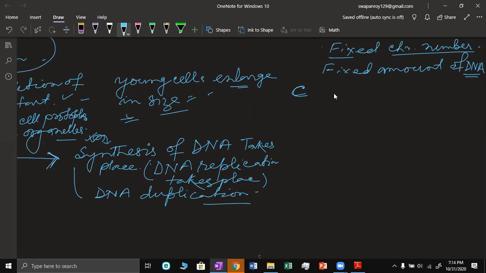In a normal diploid cell, in diploid cells, the DNA content is 2C, right? DNA content is 2C, and haploid,